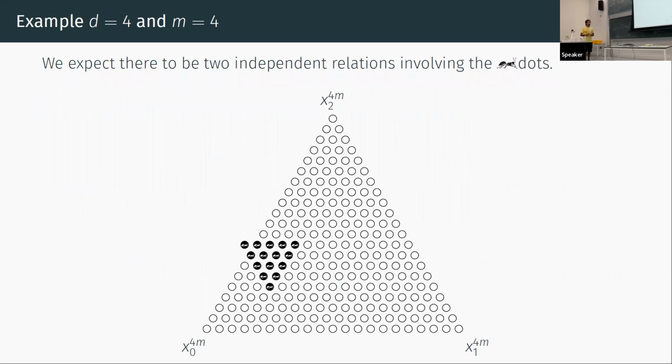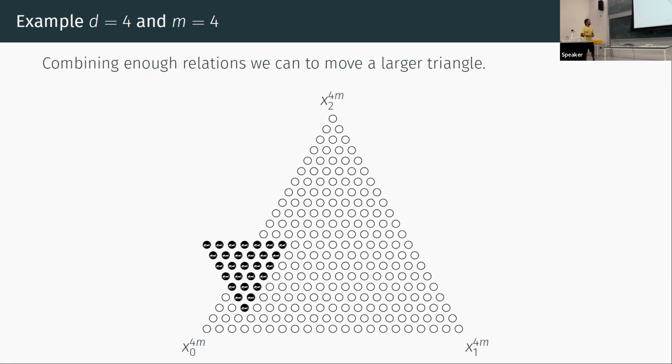So now visualizing, ignoring the equations, we don't care about the equations anymore. If you look at the case d equals 4 and m equals 4, then those equations involve this triangle. And the idea is, okay, maybe I can combine, make the triangle bigger and involve more equations. So one way is I can just expand the triangle, and see how many equations I can cover this triangle with. In this case, if I would like to move the triangle